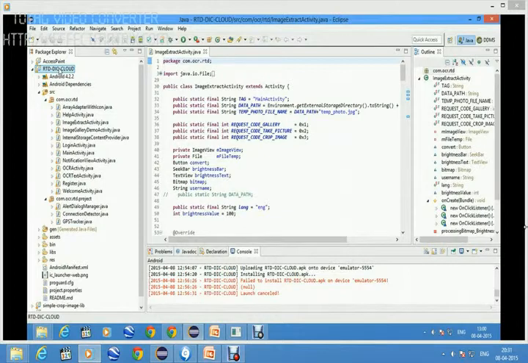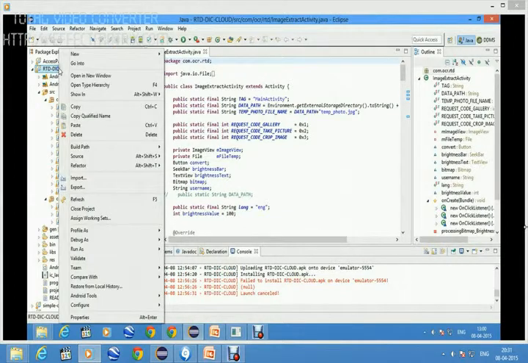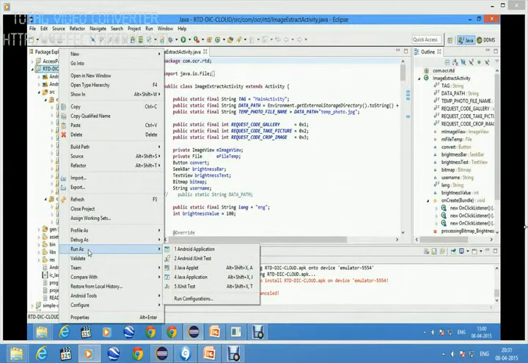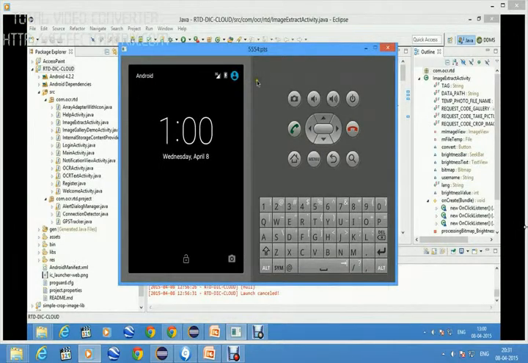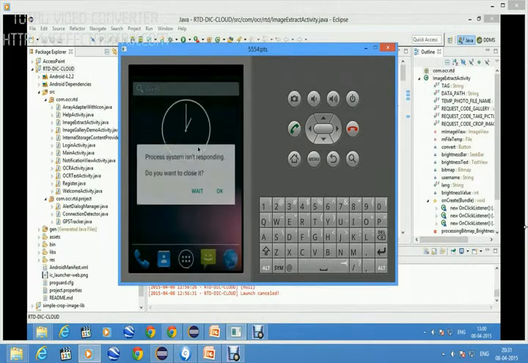Right click on the project title and click on the Run As button and then click on the Android application. Now my emulator will be launched. So unlock the emulator.